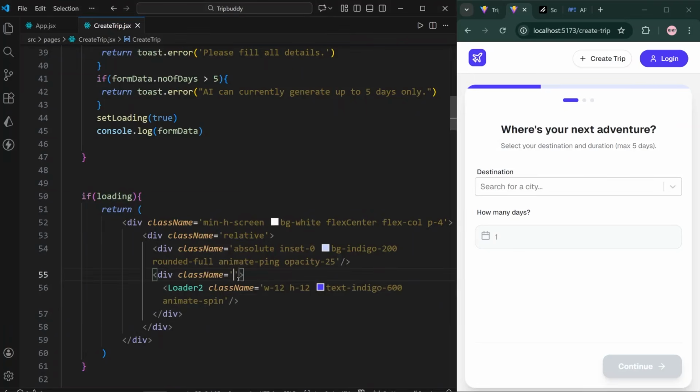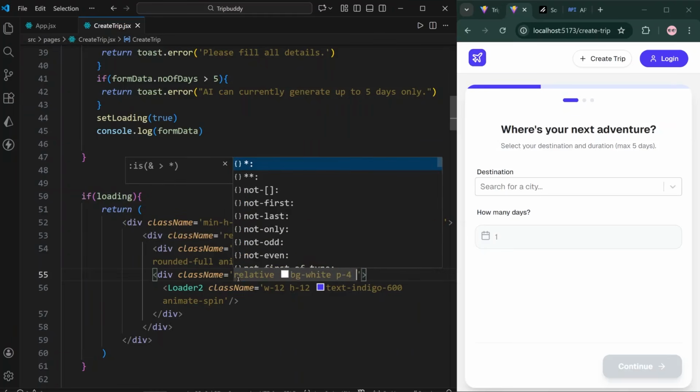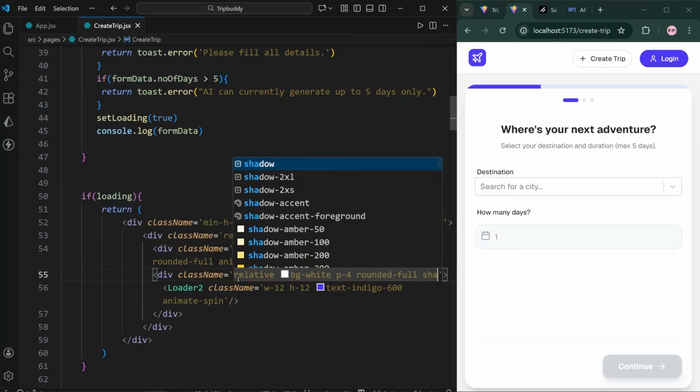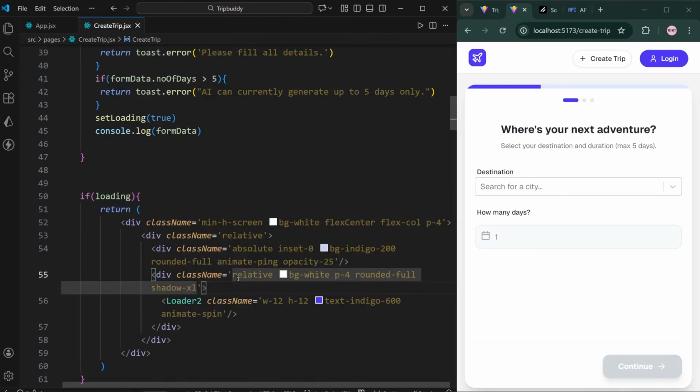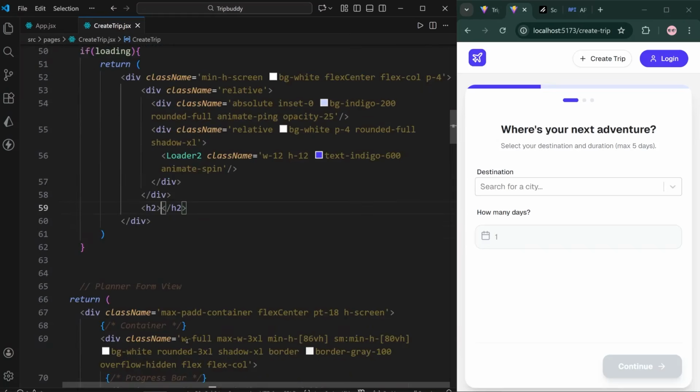This div will be relative, background white, padding 4, border radius, shadow xl. After this second div we will write an h2 tag, and inside this h2 tag we will write